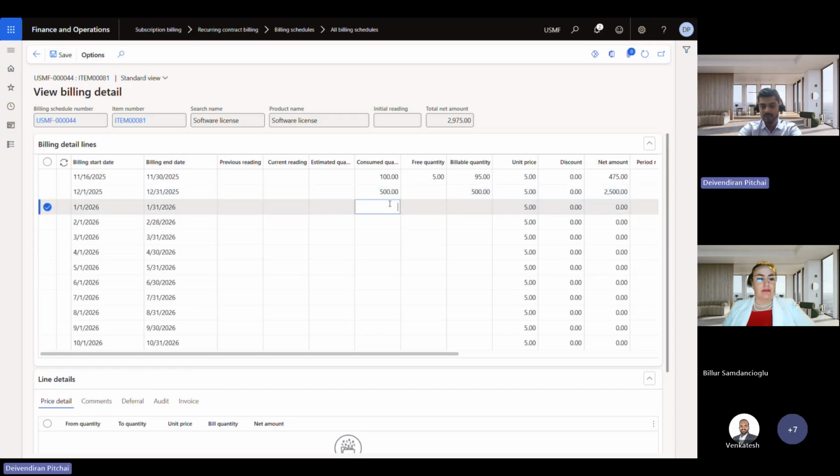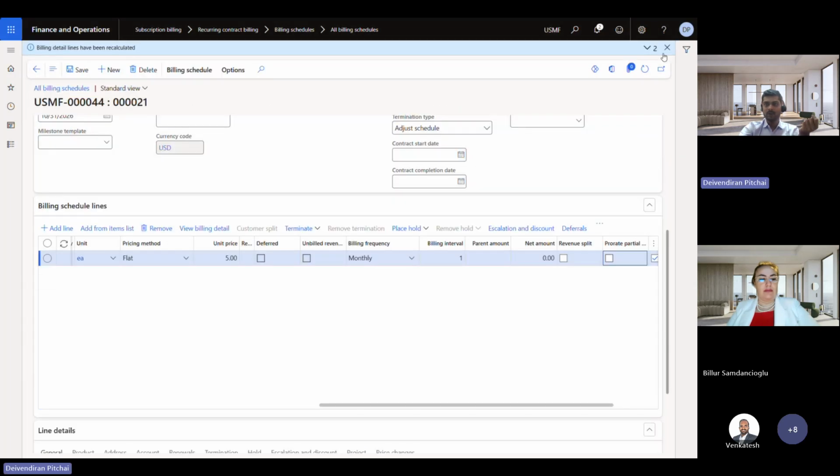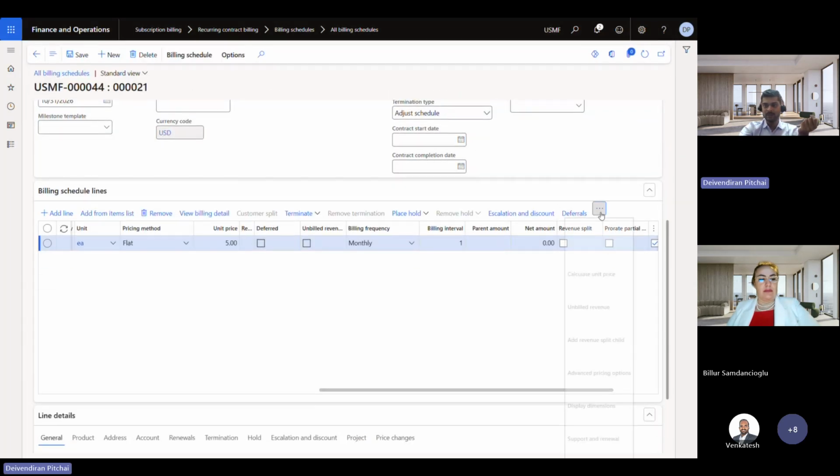And in the third period, let's say 600 quantity. See, in the reset number of periods, we have defined as 2. So that is why on the alternate months, it is giving free quantity as 5. Okay. Now I will come into the next scenario,